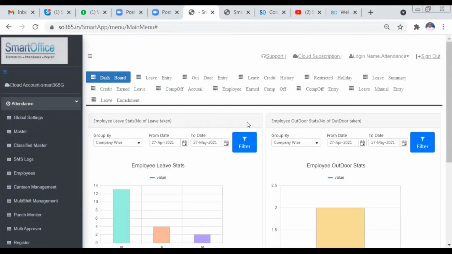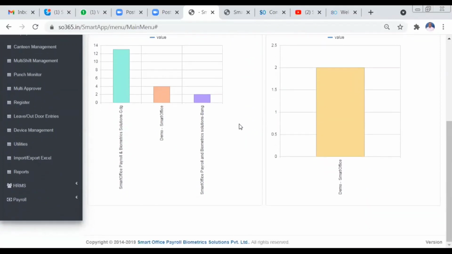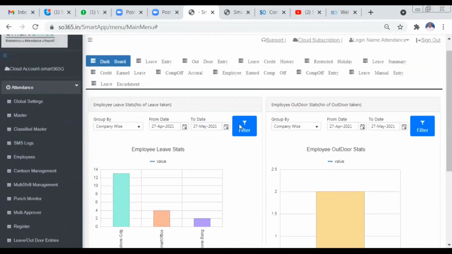And you can see the outdoor entry chart here, outdoor entry statistics or leave entry statistics of your employees, grouped company wise, category wise or department wise. When you see the graph, you get a statistic of your employees. You can filter according to the dates.